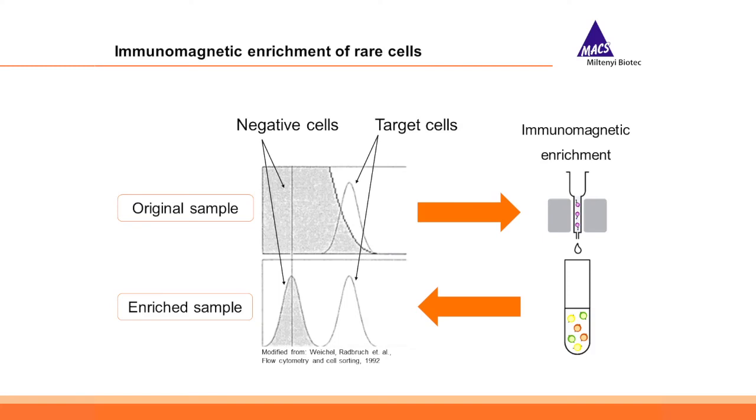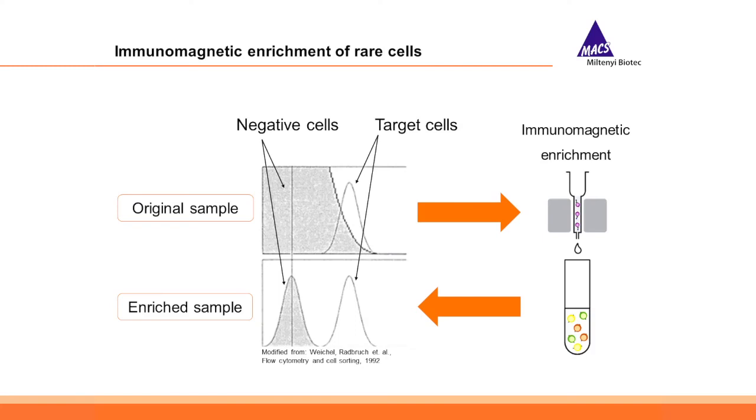So in the original rare cell sample, you have here your negative cell peak and your target cell peak. And you see here, this is the situation I've shown you. Part of the rare cells are obscured by the negative cells, by the background of the negative cells. So what you do is you label the target cells, you pull them out by immunomagnetic enrichment, just as I showed, and then you elute this positive fraction and measure it in your cytometer, and then you get a picture